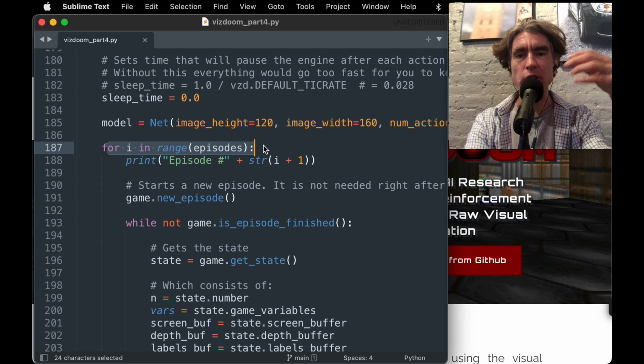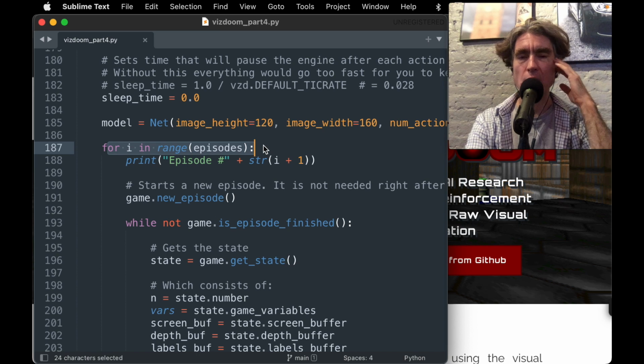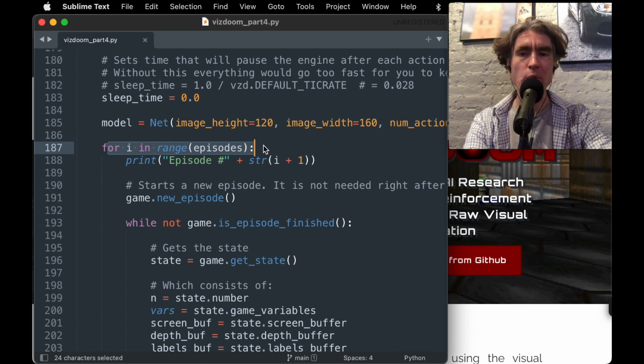So each episode is a game. The bot starts the game. There's a monster there, and it has to shoot the monster. It has like 200 frames to shoot it. If it doesn't shoot it, it loses points, and you go to the next game. I think it just loses like 1 point. It gets a negative reward of -1 for each time step. If it actually manages to shoot the monster, it gets a positive reward of like +100, and that's the end